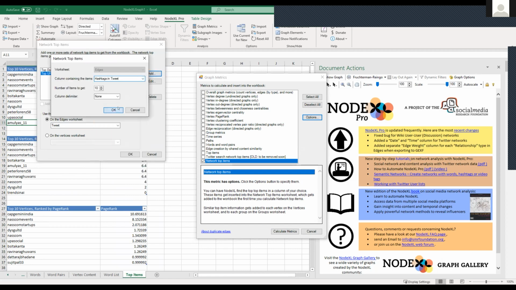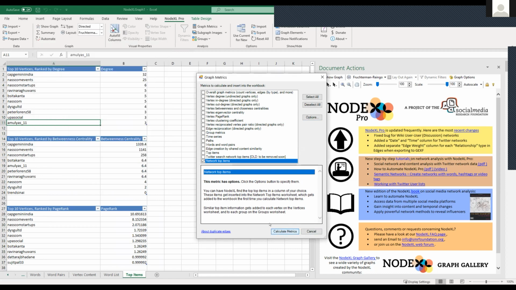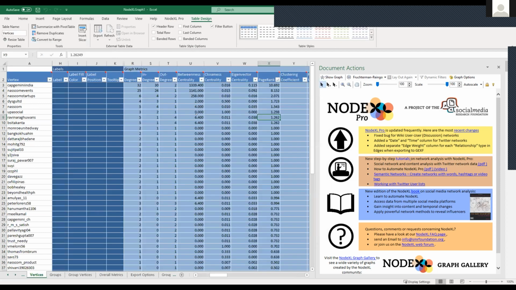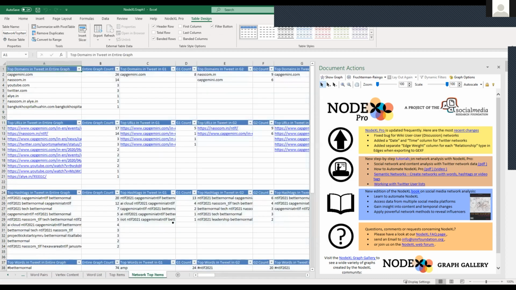Just experiment, but there are many options. So it will create a new sheet again and then all of your top items will be there. So this is what I used to do the top hashtags in a group or top hashtags in the entire network and things like that.